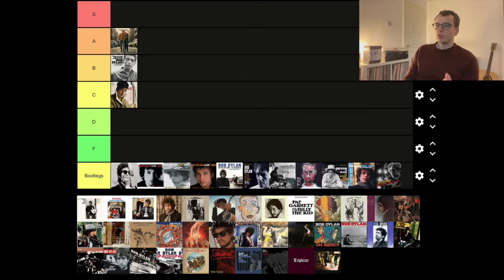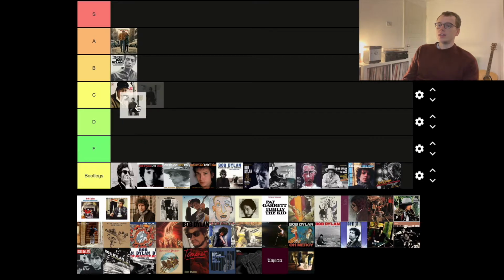But I'll always have a soft spot for it because it was actually the first CD of Dylan's that I bought way back like 10, 12 years ago now. Because it was the only thing I had of his, I would just play it to death, and I do go back to it occasionally. I love To Ramona, My Back Pages, even some of the funnier songs on here, like I Shall Be Free number 10.